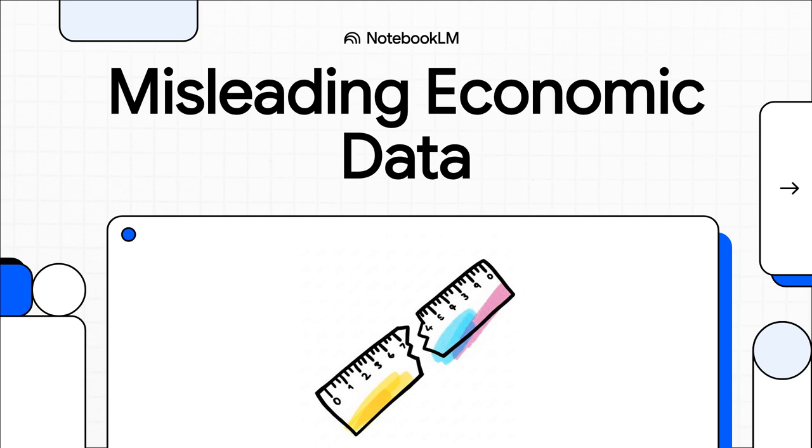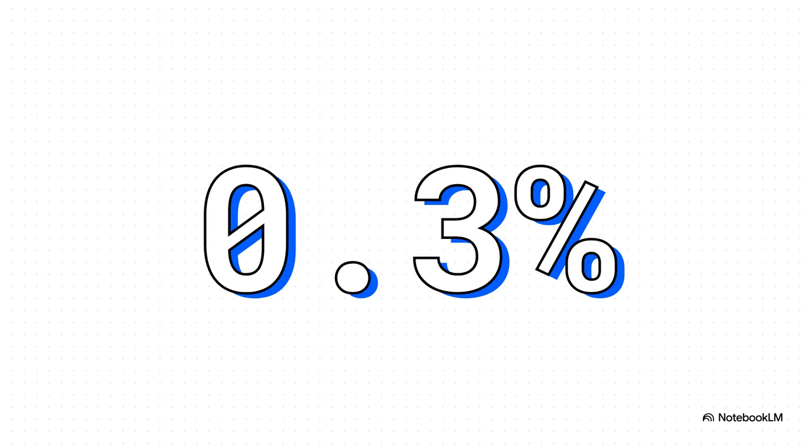Let's dig in. Take a look at this number, 0.3%. Seems pretty tiny, right? Almost nothing. But here's the thing. That is the average swing in the S&P 500 on the day the jobs report drops. That tiny little percentage translates into billions of dollars in market value, just vanishing or appearing in a matter of minutes. All of it riding on just one set of stats. So yeah, the stakes, they're incredibly high.